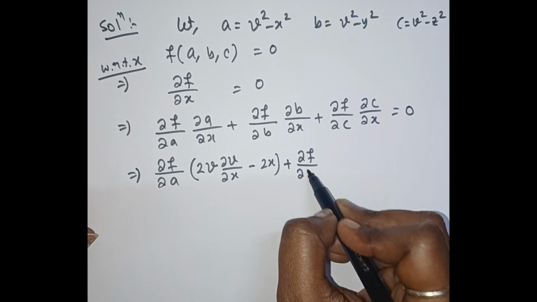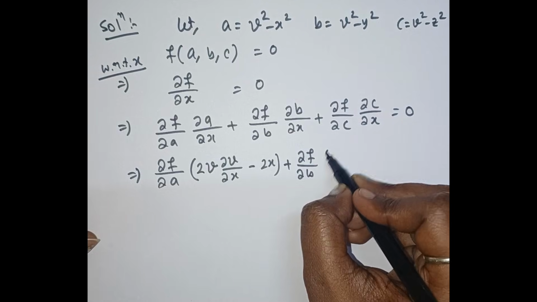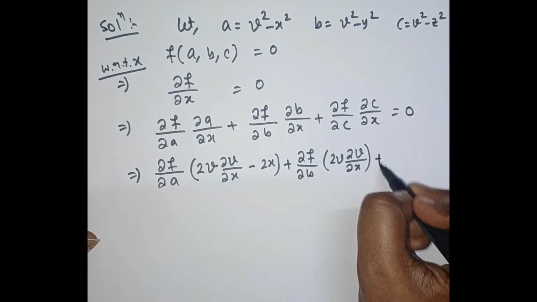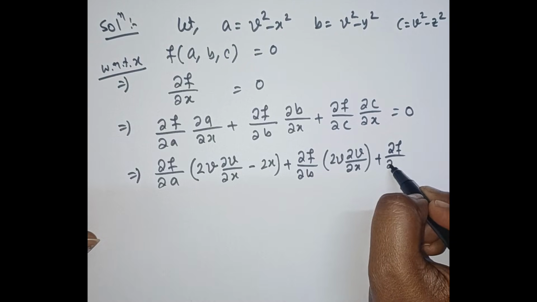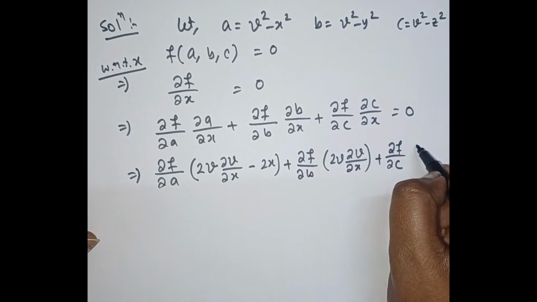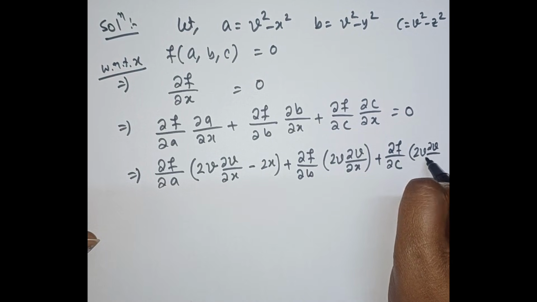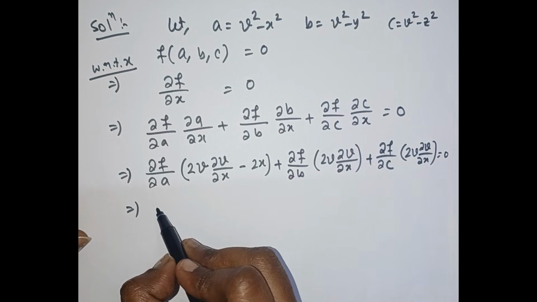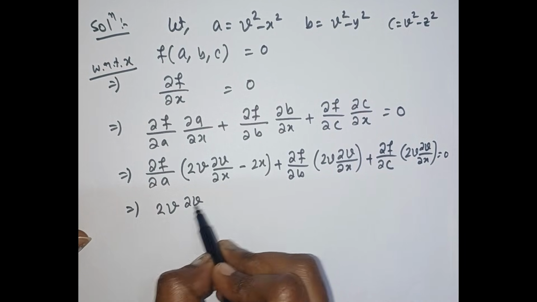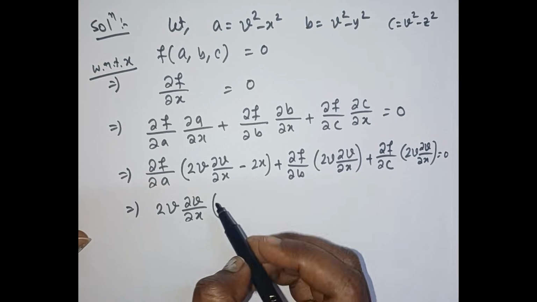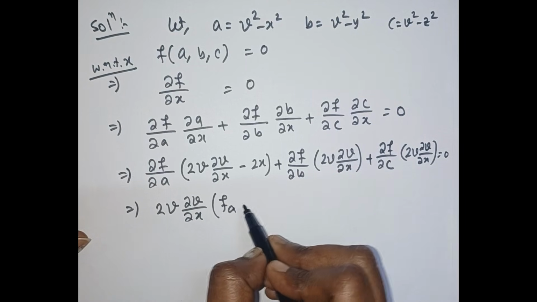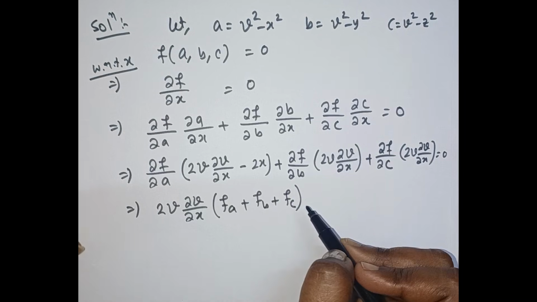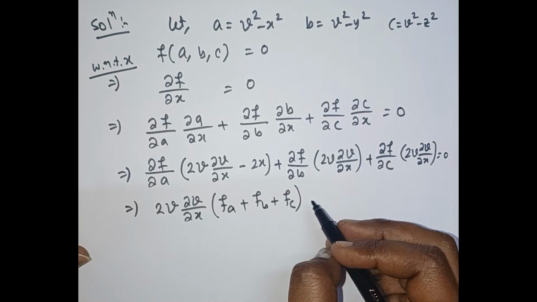Similarly, del f del b into del b del x will be 2v del v del x, plus del f del c into 2v del v del x, because v is a function of x, y, z, equal to 0. Now take common 2v del v del x, then we will be getting del f del a or fa plus fb plus fc, which is equal to